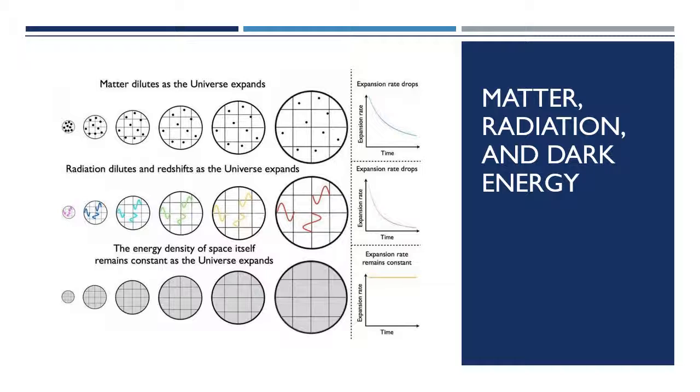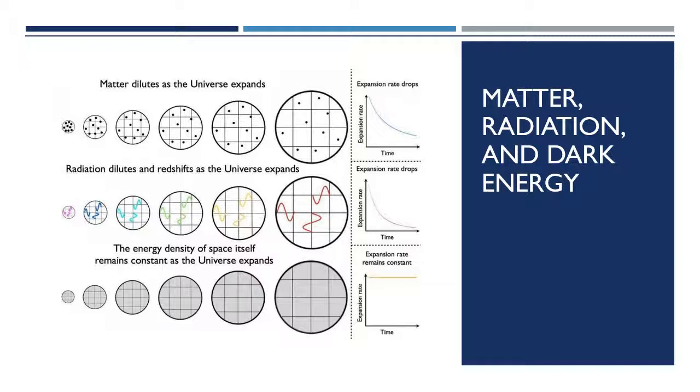But then here's the idea of dark energy. And so what does that do over time? Well, the overall density of this, if it's a cosmological constant, is just constant. So that means that as the universe expands, the overall energy density doesn't dilute. And the thing we're going to look at next is what impact does the density of matter, the density of radiation, and the density of dark energy have on the expansion rate of the universe?